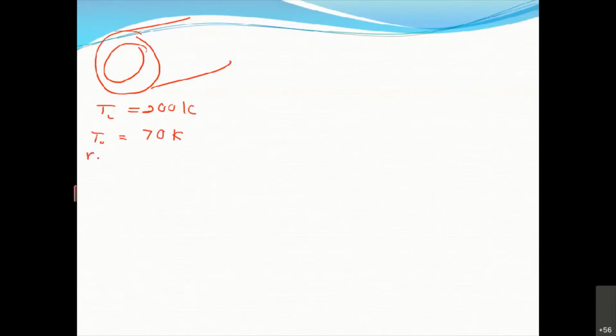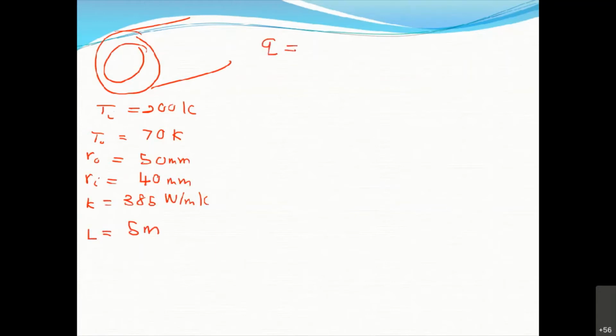My Ro is equal to 50 mm. My Ri is equal to 40 mm. My K value is equal to 385 watt per meter Kelvin. And then my L value, the length of the tube, is 5 meter. So if I were to write the equation, Q is equal to,